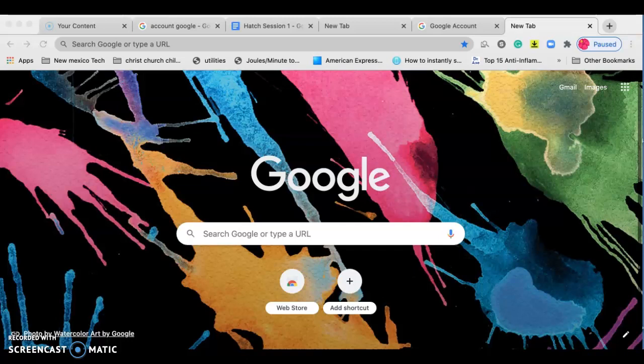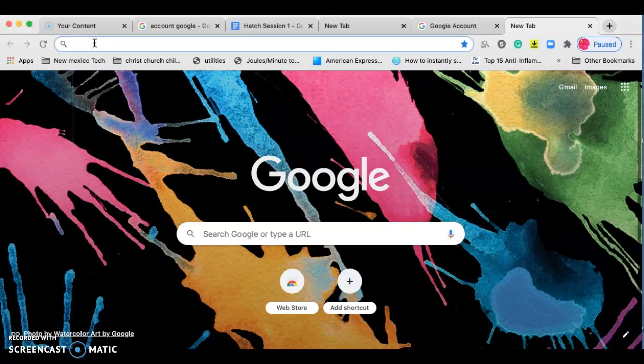This tutorial will show you how to change your icon on Google. So the first thing you're going to do is decide what picture you like. For purposes of this tutorial, I'm going to do a search in the search bar. I'm going to type in